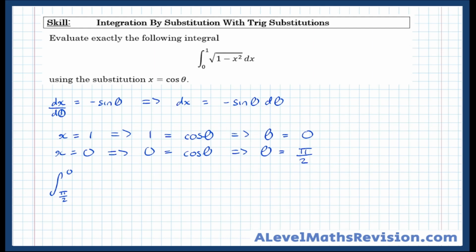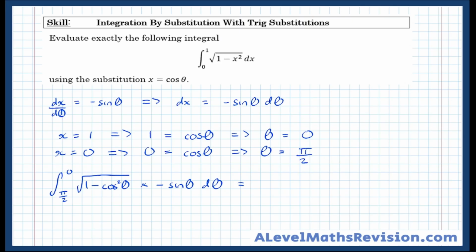So now we've got root of 1 minus cos squared theta, and instead of dx now, it's minus sine theta d theta,